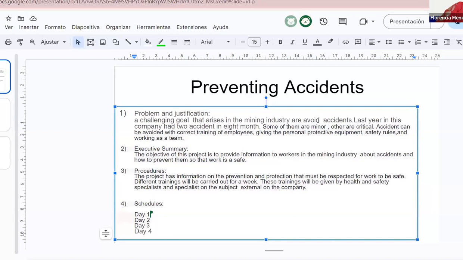And the executive summary: to provide information to workers in the mining industry about accidents and how to prevent them, so that the workplace, el lugar, is safe. Okay, so